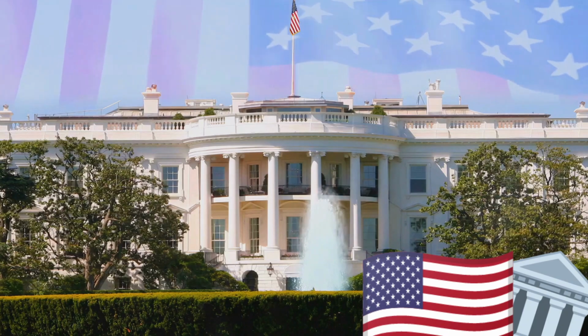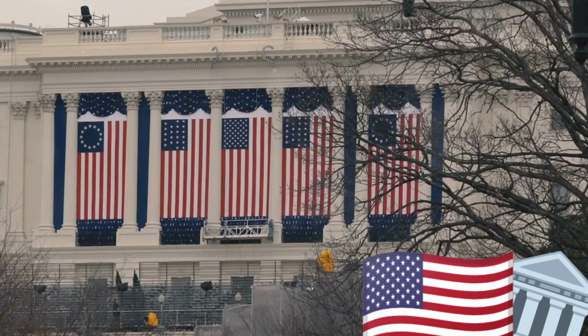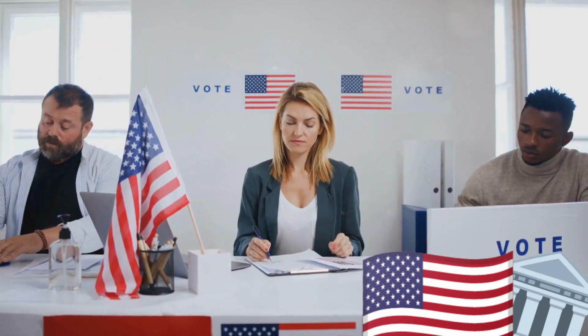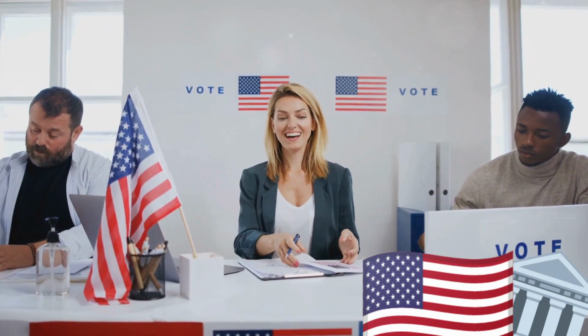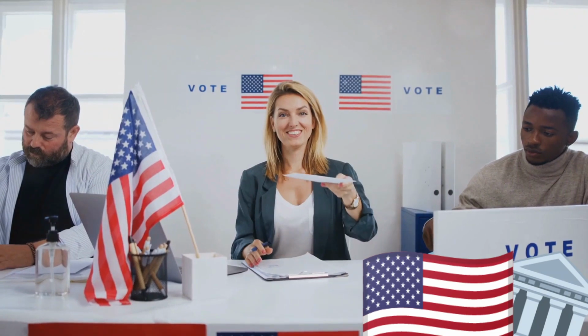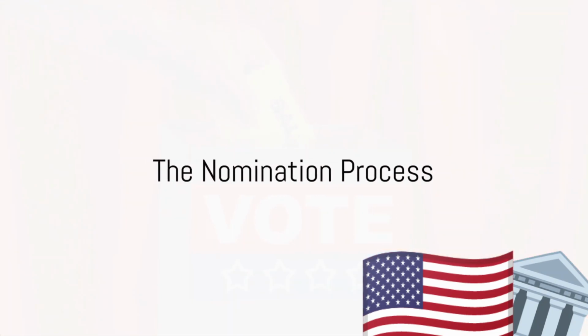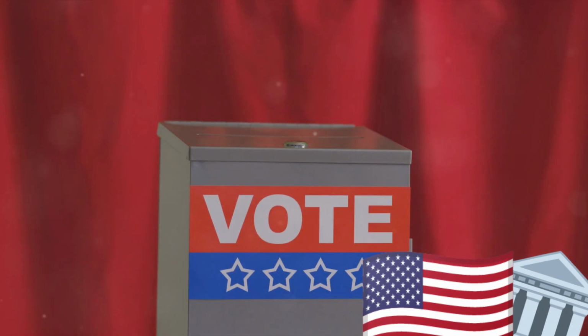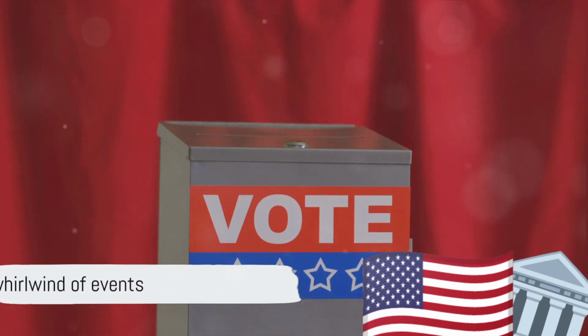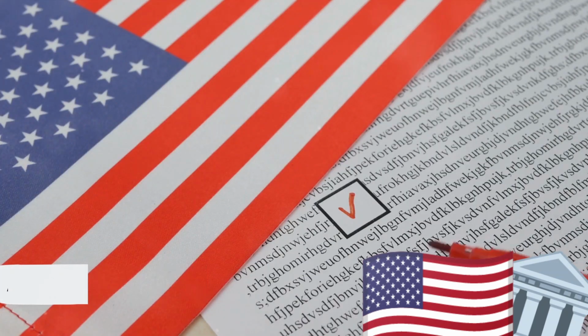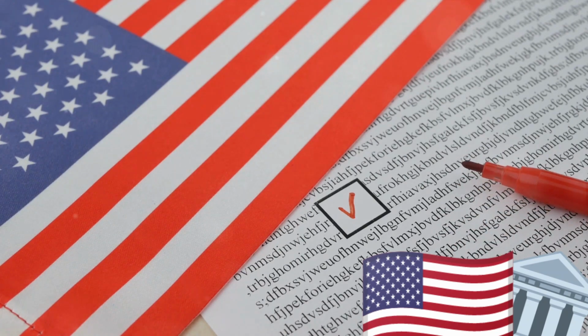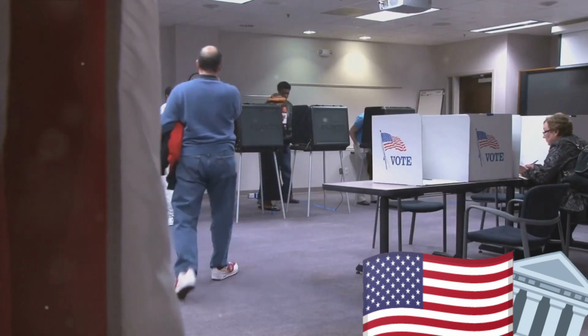It demonstrates our ability to learn from our past and adapt, a quality that has been instrumental in the growth of our nation. So, the stage is set, the rules are laid down, but how does this all play out in a modern election? Before the main showdown, there's a race within the race. It's called the nomination process. This process is a whirlwind of events that ultimately decide who will be the standard bearers for the major political parties in the presidential election.